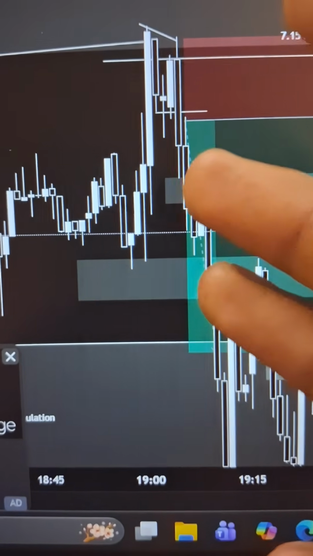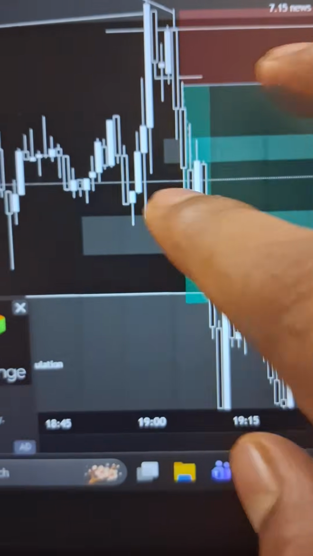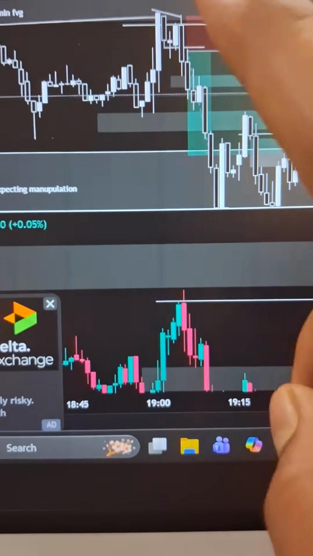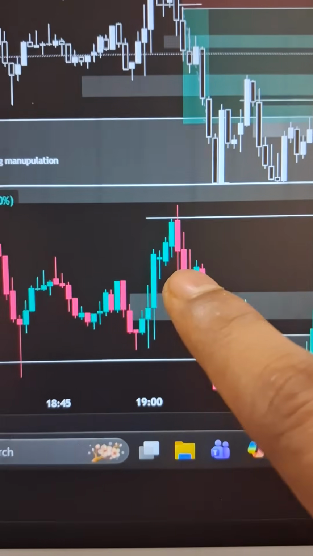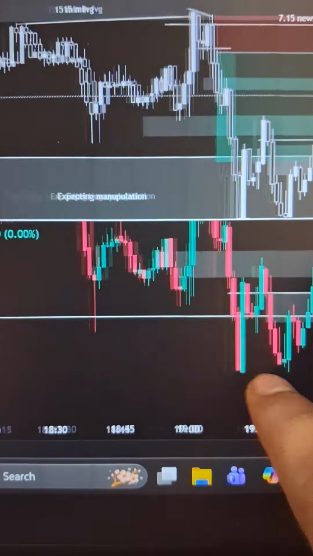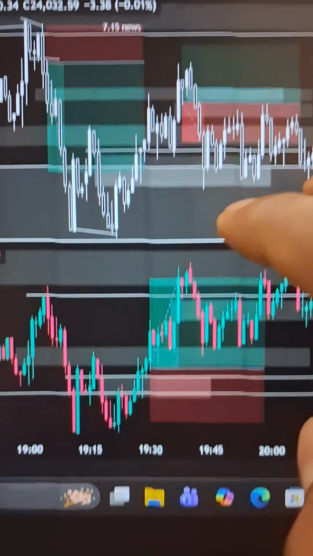I'm hesitant to enter here. We get a still A plus setup, but I don't know why I'm hesitating, and I enter in SPX instead of taking the trade in the Nasdaq. You can see this is the SPX. I enter in SPX, and you can see we hit TP in the SPX. So that's the trade. And the second trade which is formed in the SPX and NQ, you can see we